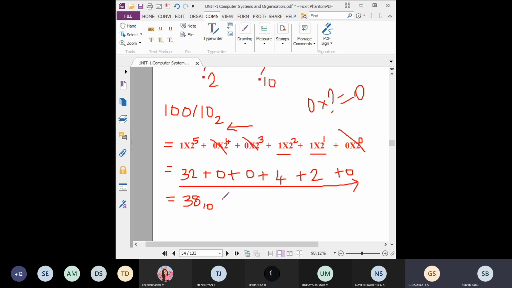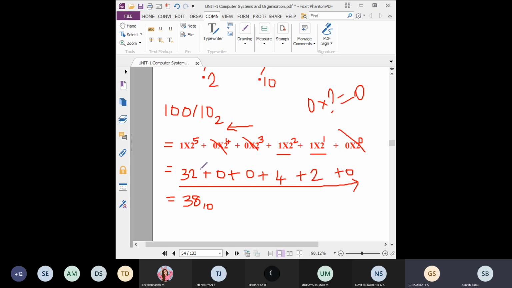So kindly practice one time or two times. Then it will be very easy and you can get some confidence in this conversion method. We need practice, that's all. If you practice, definitely everything will be easy. Understood, everyone? What is the first step? You have to split every character individually and multiply with the 2 power value.